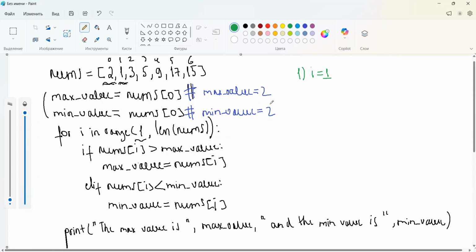When i is 1, we say that nums 1, actually the second number 1, is it greater than number 2? In other words, is 1 greater than 2? No. The if statement is not satisfied, then we go to the elif statement and we check if 1 is less than 2. Yeah, then we say that